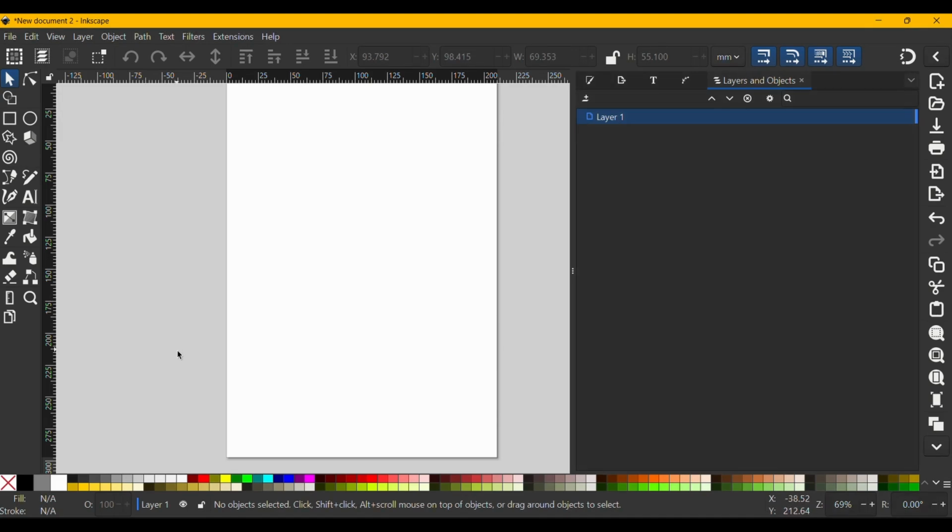In today's video, I'm going to show you exactly how to cut or clip an image in Inkscape. If you've ever wanted to crop an image into a custom shape, like a circle, rectangle, or even a custom-drawn path, Inkscape makes this really easy using something called clipping. This is perfect for logos, thumbnails, graphics, or any design where you only want part of an image to be visible. I'll walk you through the full process step by step, so even if you're completely new to Inkscape, you